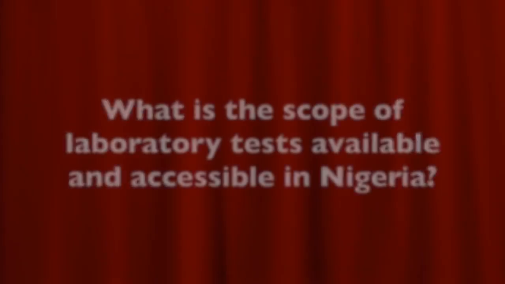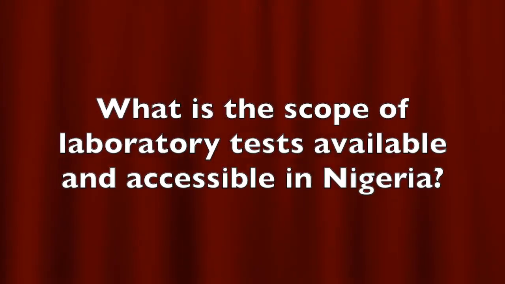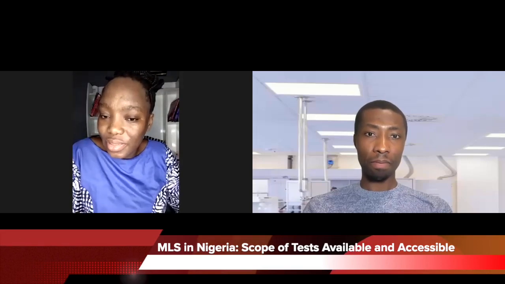So that will bring us to now talk about the scope of tests that you can see at the tertiary level, maybe teaching hospitals, and the scope of laboratory tests you see at the state level, and the scope of laboratory tests you see at the primary level. The World Health Organization has an essential diagnostics list. The challenges of the Nigerian ecosystem sometimes mean that some of the essential tests may not be available in all